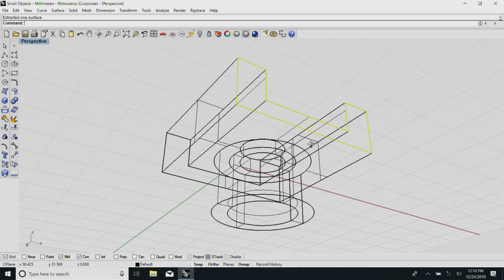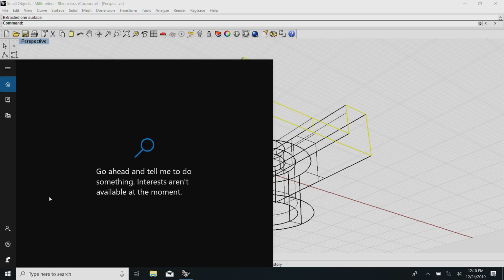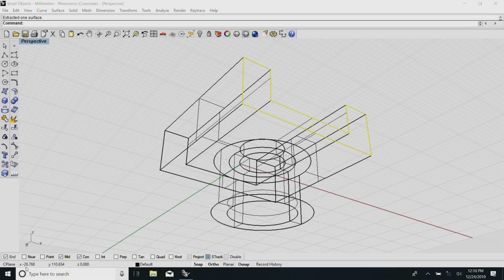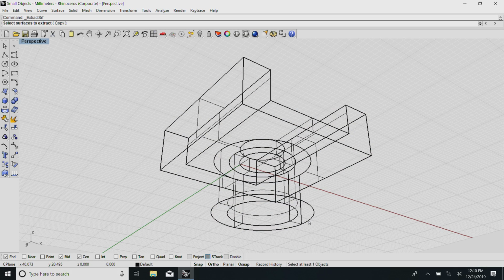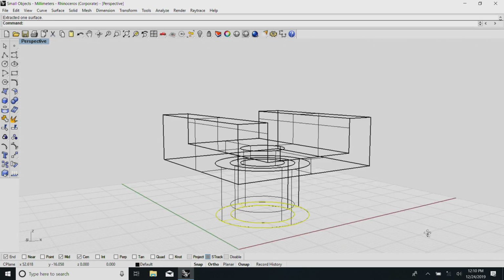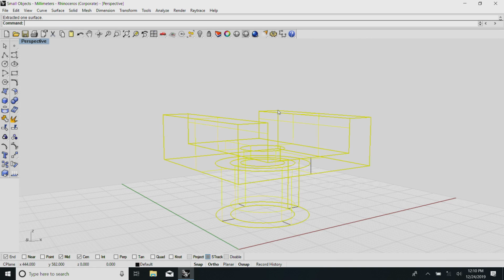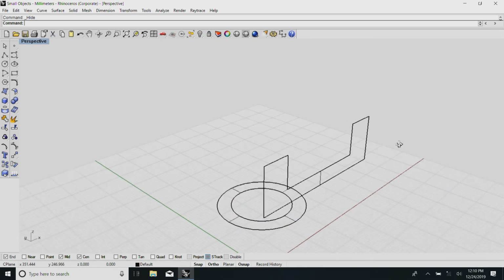Similarly, I have another surface here. Now, if you see here, the same object can be prepared by using these things.